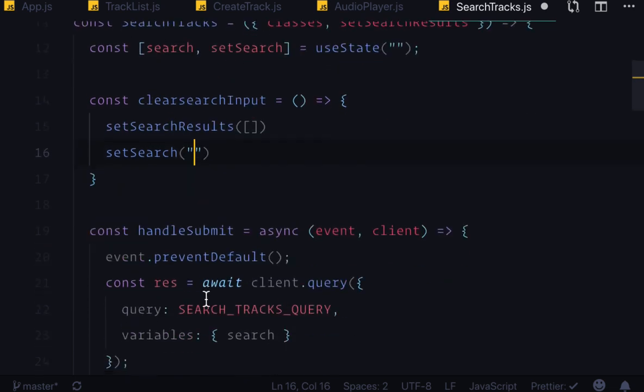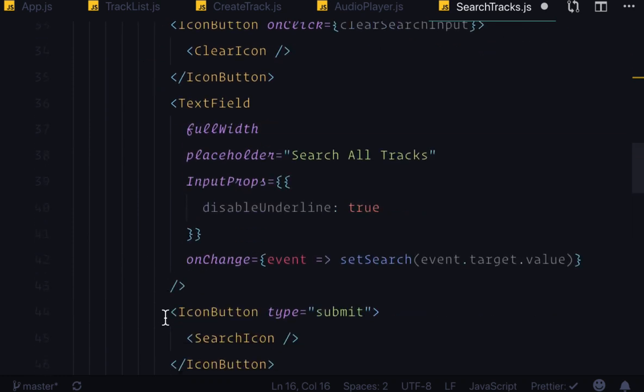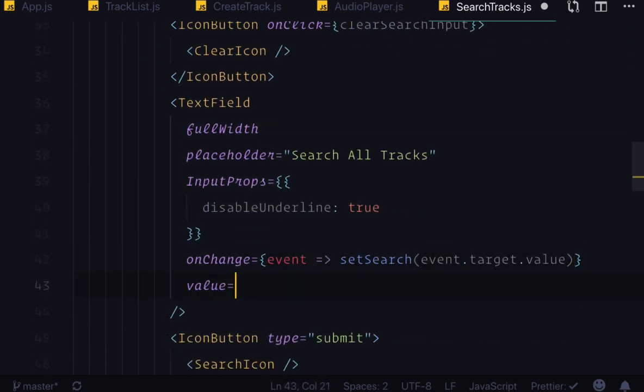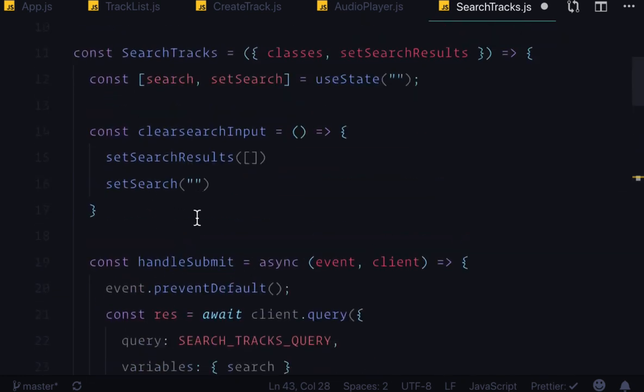And once again, we need to make this a controlled component by passing to a value prop on the text field the value that we have stored in state for search. So when we call set search and pass in an empty string, our input is going to be cleared out. And next, to focus our input,